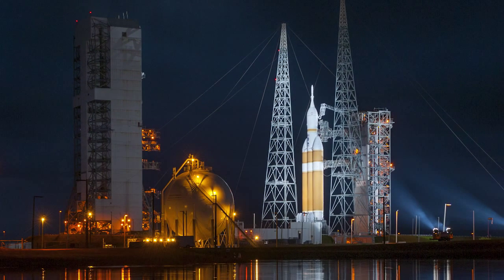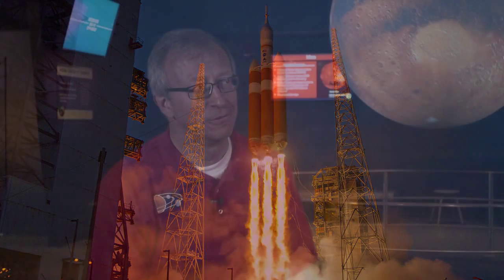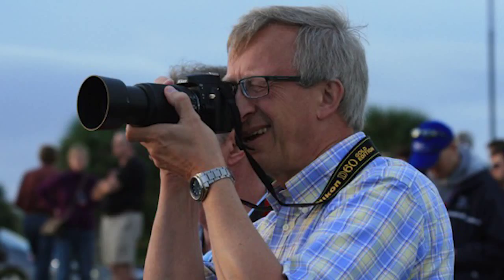It was just a very spectacular launch, and that is one that I was lucky enough to be about 3 miles away to see. I've been to, gosh, probably 30 launches over my career, about 9 shuttle launches when they were still operating, but lots of unmanned launches, and it's always an absolute thrill. It's even more so if something that you actually worked on, like Mars Reconnaissance Orbiter, is on the nose of the rocket. You get very nervous because you know that it's a very difficult thing to do, but it's also